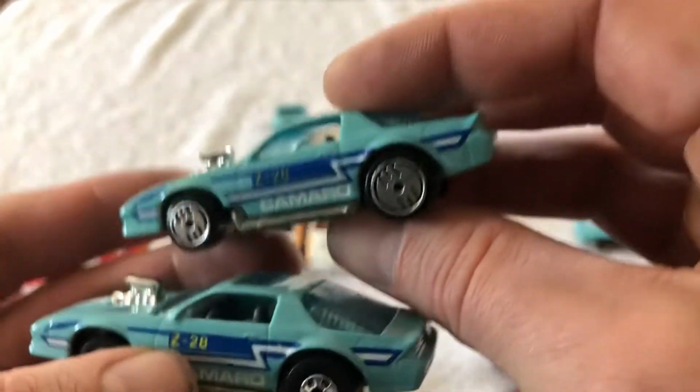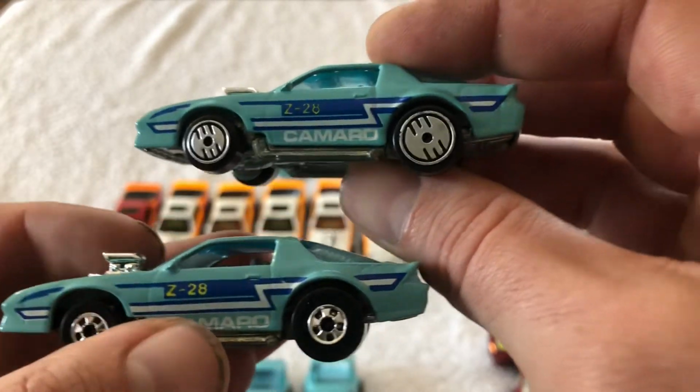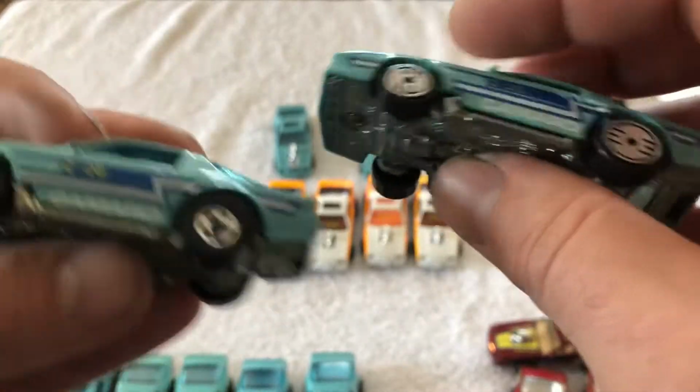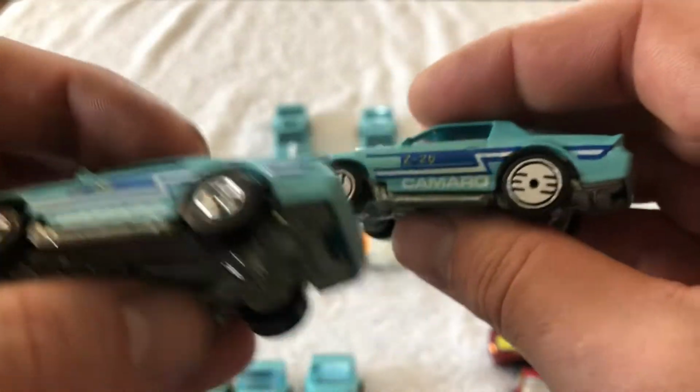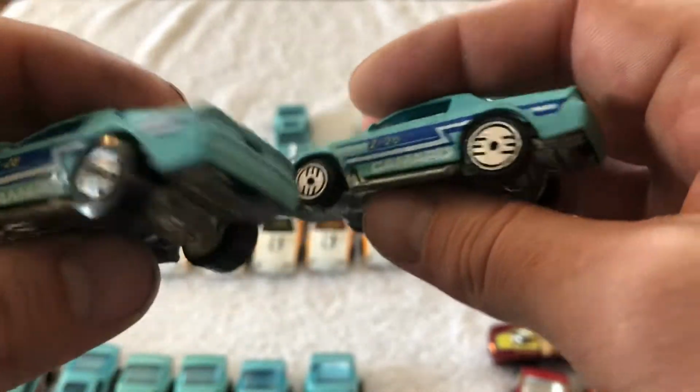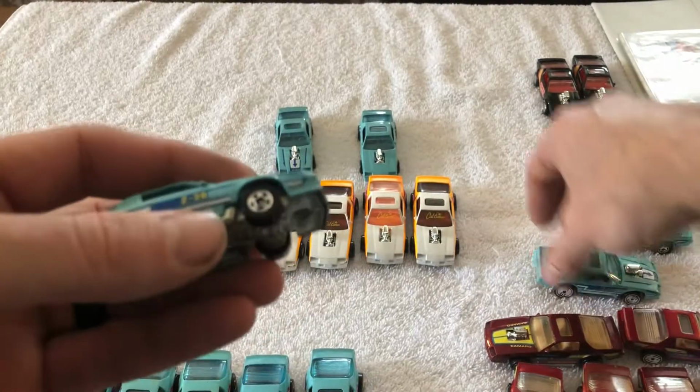There's also just differences in the color of these blue tampos. Most of them that come in the 58 blister pack are the lighter blue, if I remember right, and the ones that did not come in the 58 blister pack were darker blue. Next one,